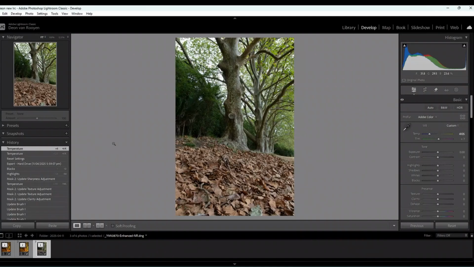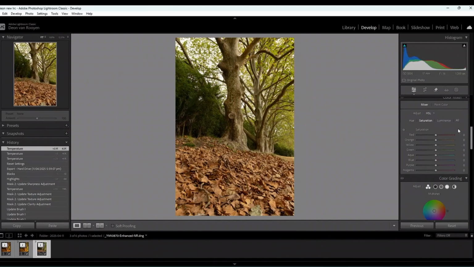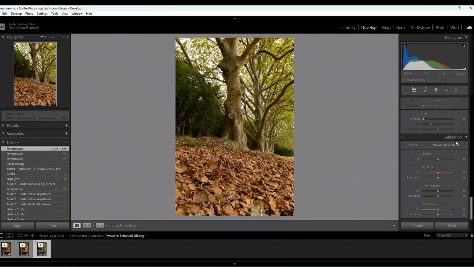Right, how do we make our images colorful using Lightroom Classic? Here we have a raw image taken of an autumn scene in New Zealand. We have some dry oak leaves here, and this is the raw image imported. The first thing we do is adjust the temperature, and we want to bring this up to, I'd say, about there. Next step, we're going to go right down to the bottom, and that is the calibration of the